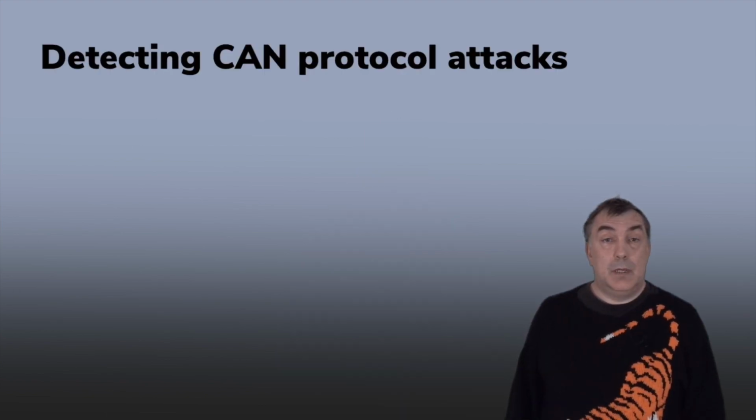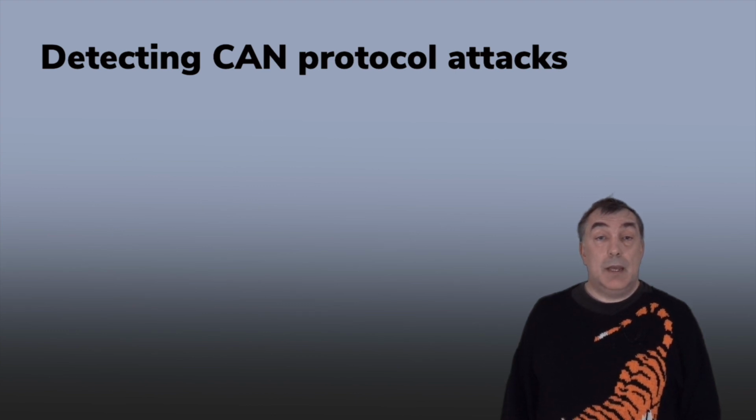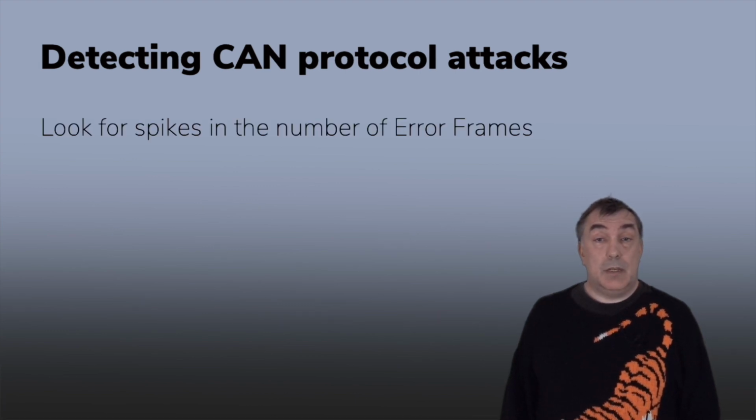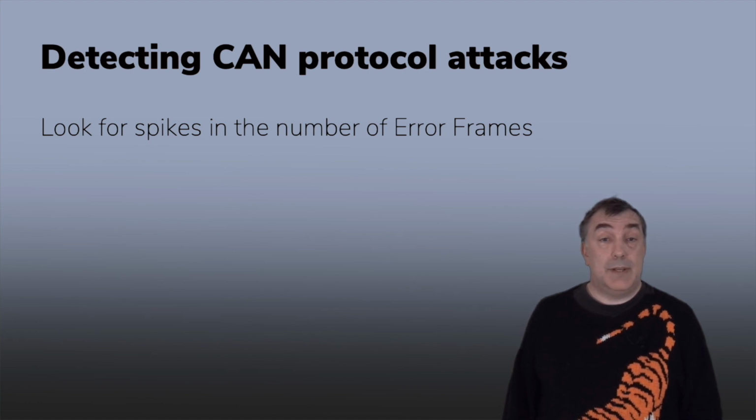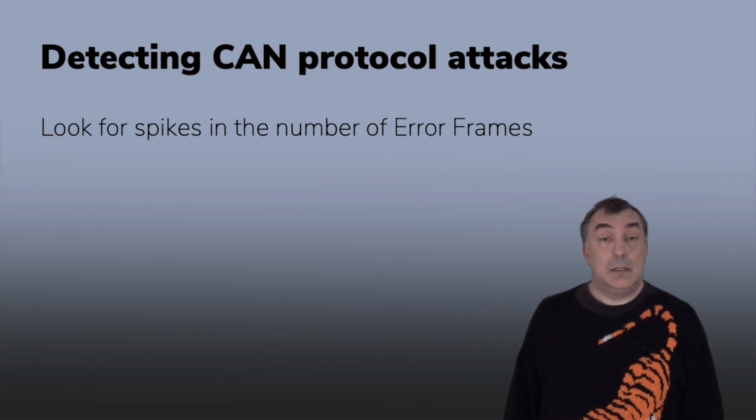Let's talk about detecting them. The first thing we can do is look for error frames. A lot of the attacks rely on generating error frames, and the patterns are unlikely to occur naturally. For example, a double receiving CAN is rare enough that few people have encountered it. It's quite Ian Fleming. Once is happenstance, twice is coincidence, 3 times is enemy action. This is why Canis Labs has developed its own intrusion detection silicon that counts double receive errors directly.